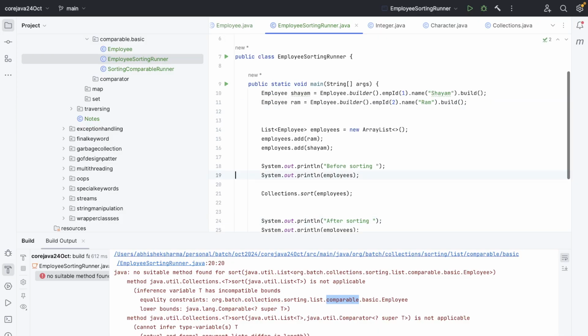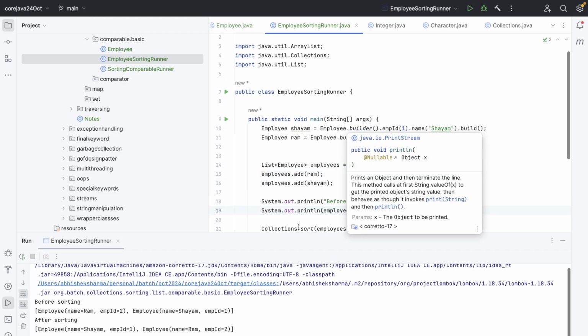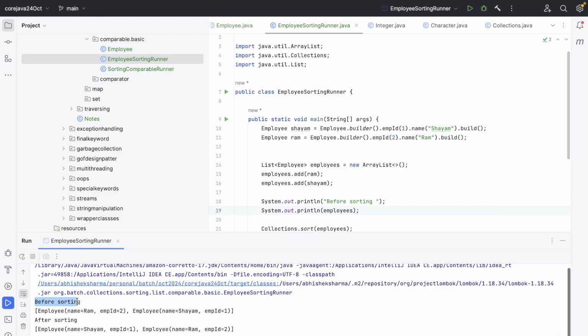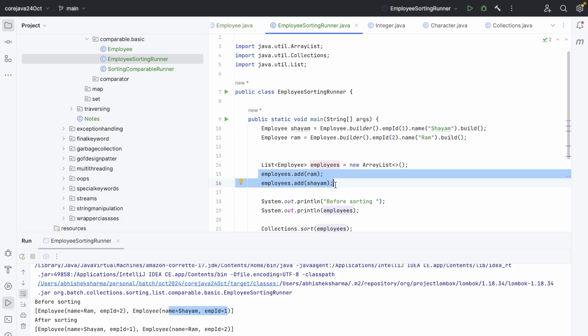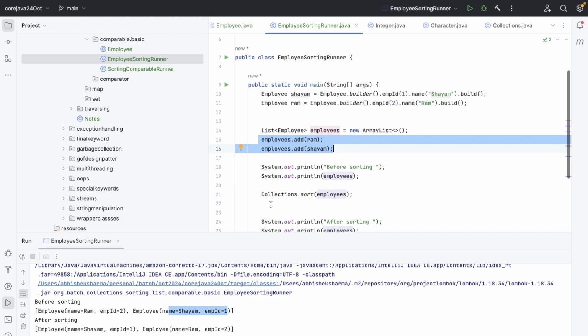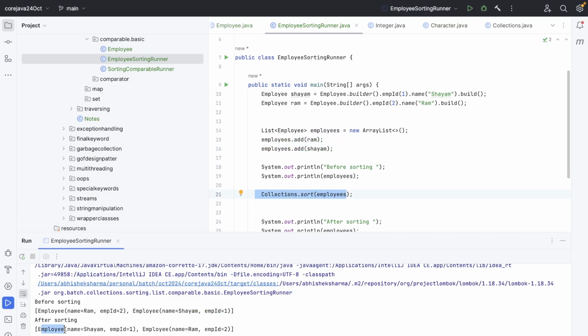So if I run the code now, before sorting, Ram was first and Shyam was second, right? In the same order that we inserted the employees, because a list preserves the insertion order. But after Collections.sort, Shyam becomes the first employee and Ram becomes second, right? Because we sorted according to the